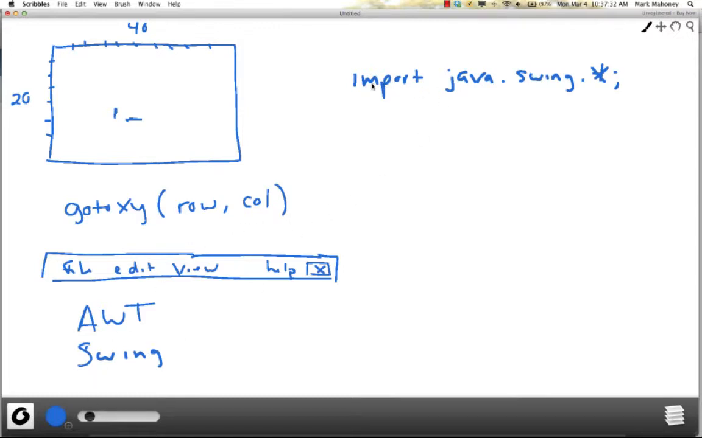Okay, so we import javax.swing. If you put the asterisk here, that basically says make all the widgets available in this package. Okay, so what does the hierarchy look like? Well, of course, everything in Java extends from the class Object. Right, then we have